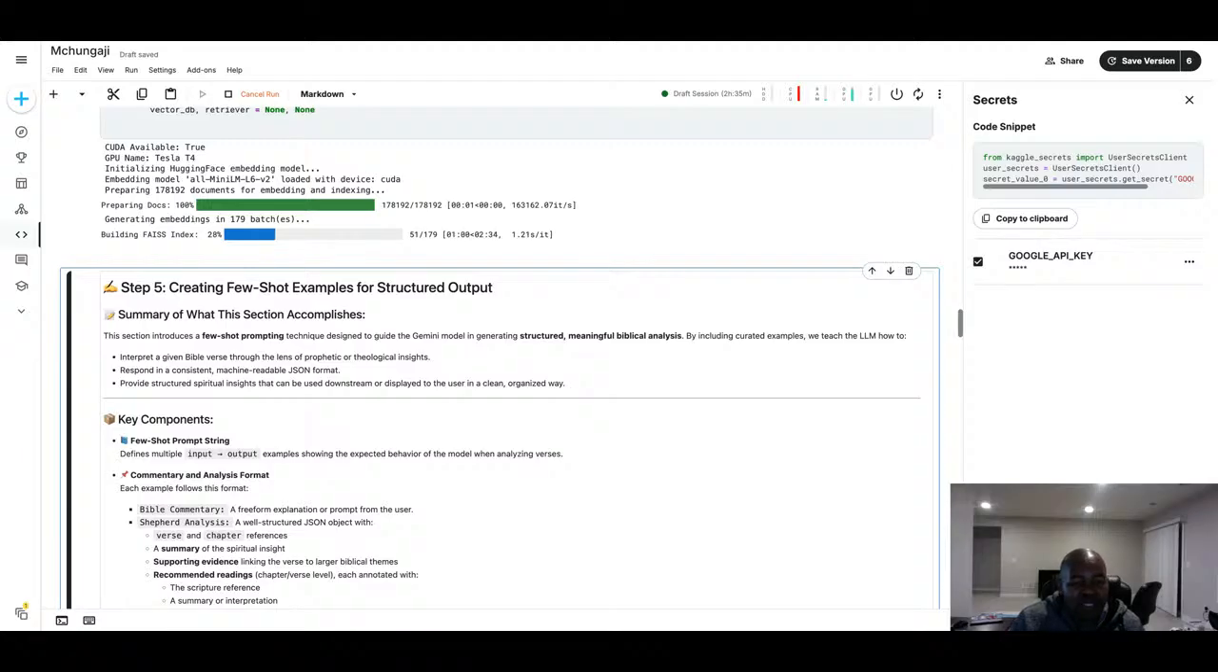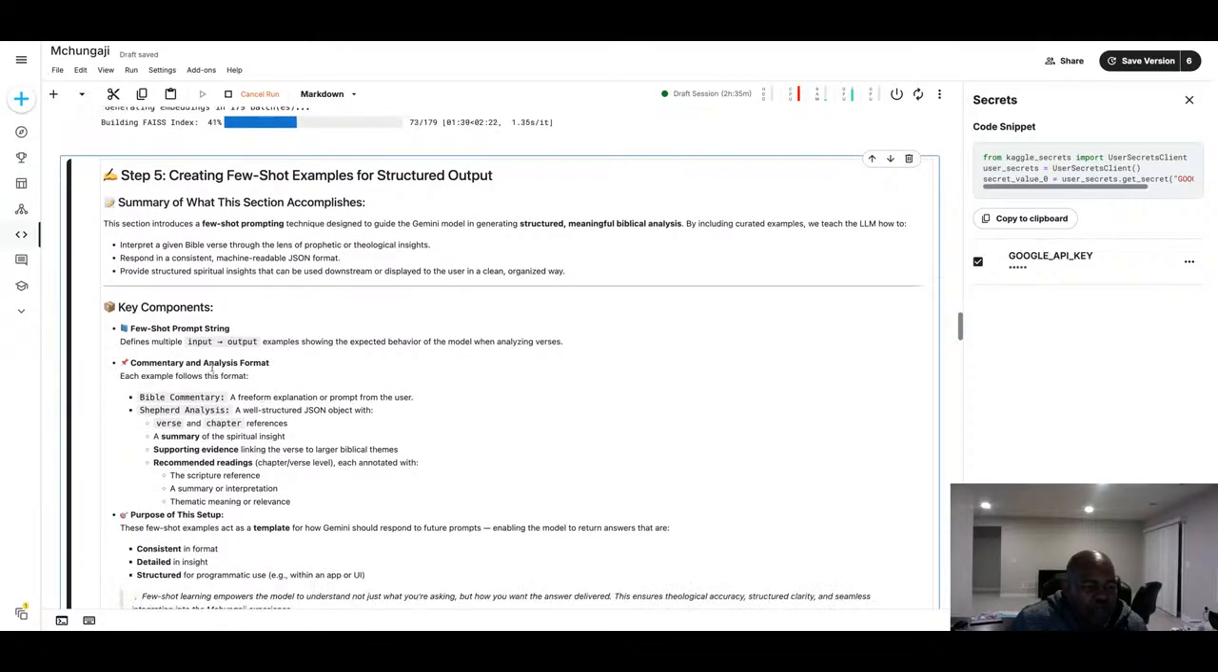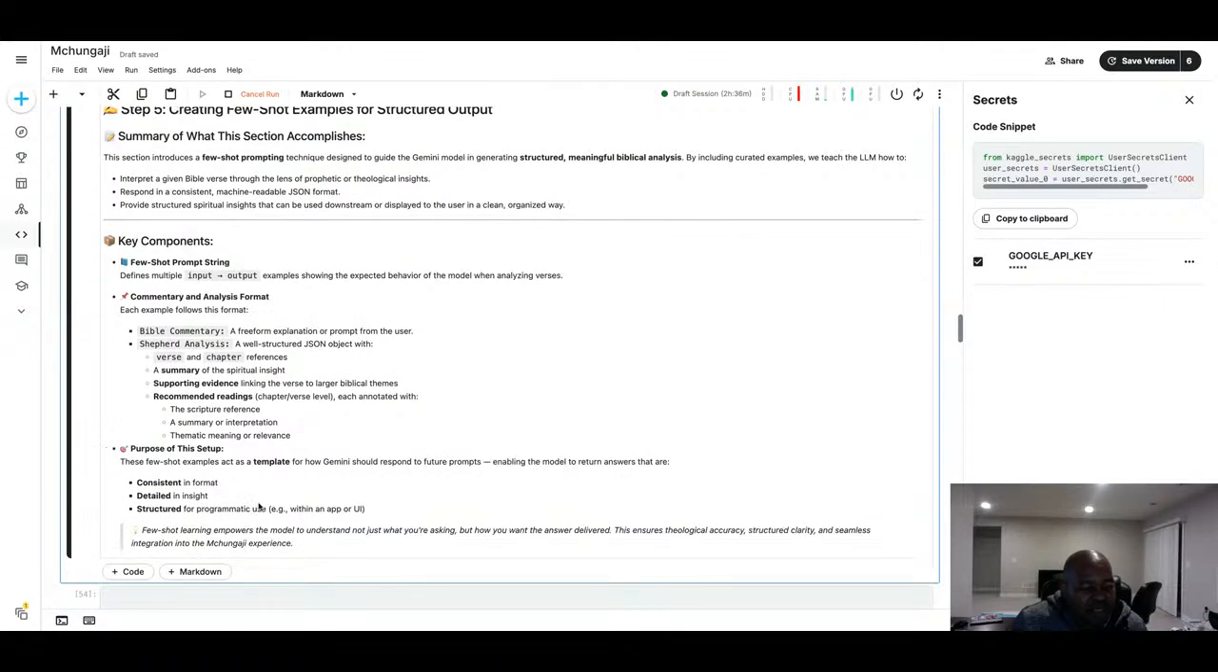the Gemini model in generating structured, meaningful scripture analysis. These are curated examples which we use to teach the natural language models how to interpret the given scripture files and respond consistently in readable JSON format, and also provide the structured response which we need. So these are some of the few short prompts which we already created here and their responses. And I have this model,